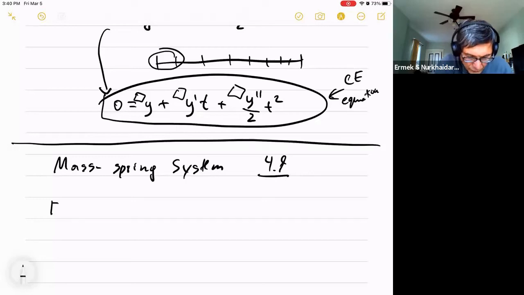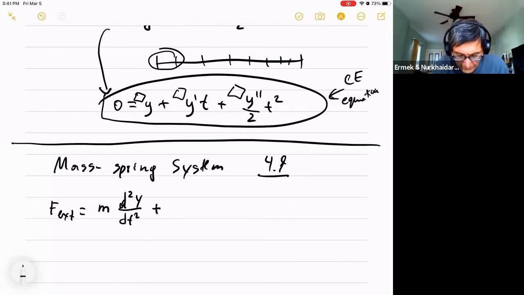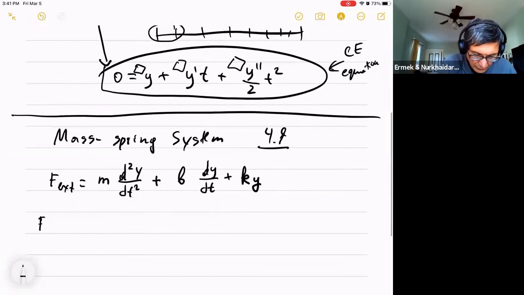So if we have external force, when external force equals combined force, d squared y dt squared plus damping force. And damping force is proportional to velocity, dy dt, plus stiffness of a spring. I think we used K times Y. Right. So if you like, F external equals to inertia